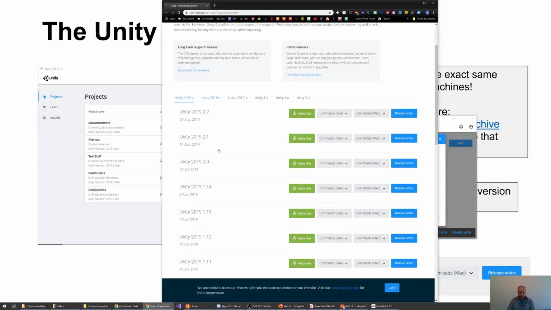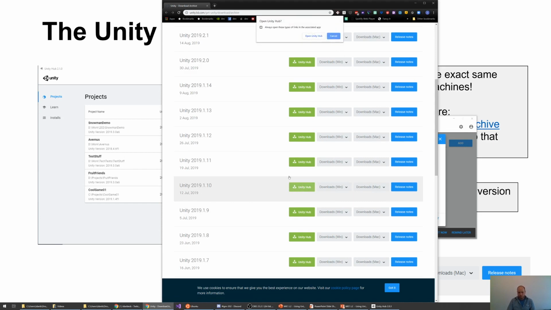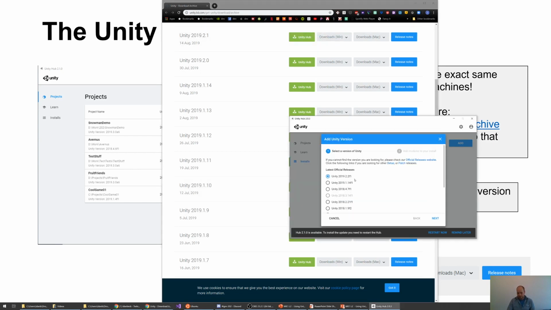Now I'm going to scroll down to 2019.1.10, and there's no F shown, because they all have Fs. You might be asking, why do we even write the F? Well, we do. Then you click on Unity Hub and open Unity Hub. And there it is now, or it should be there. Sweet. And now add modules to Unity